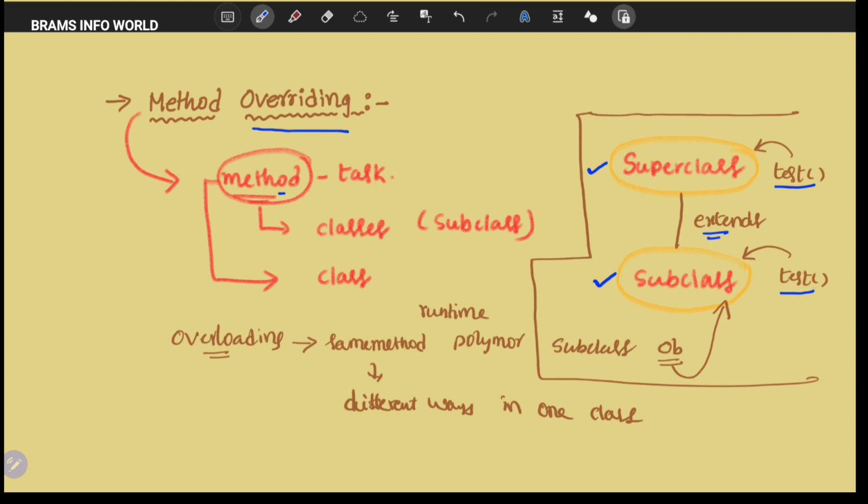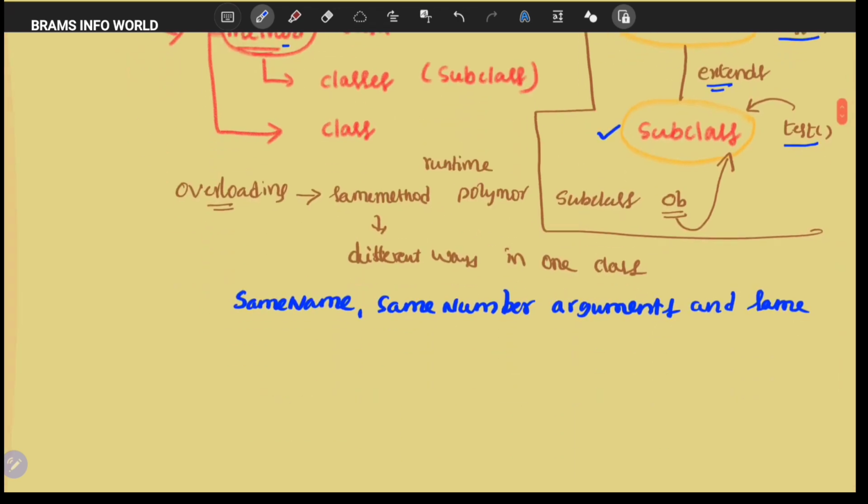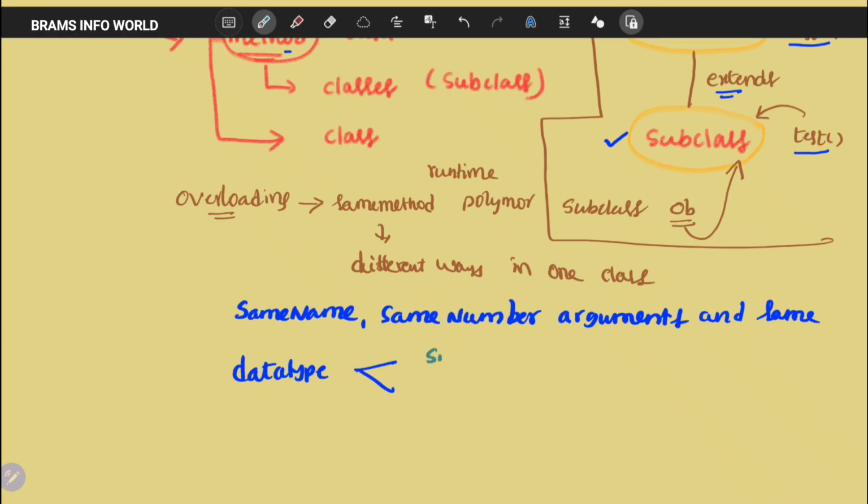Okay, so when a method in the subclass has the same name, like test, and the same number of arguments and the same data type, this kind of information is available in both the superclass as well as the subclass.